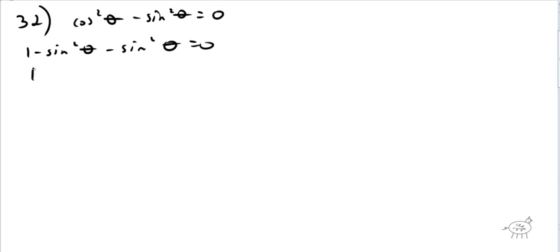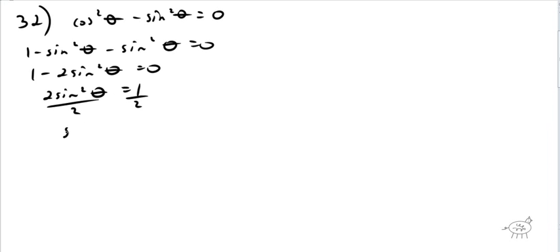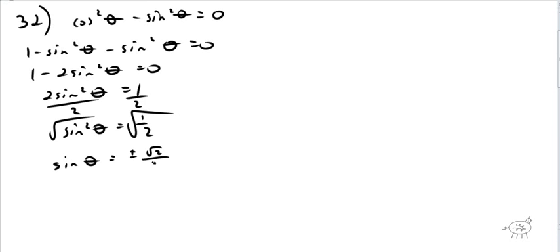And then I get 1 minus 2 sine squared of theta equals 0. I'm going to move that over, so I get 2 sine squared of theta equals 1, divided by 2. So sine squared of theta equals 1/2. Take the square root of both sides. I get sine of theta equals plus or minus root 2 over 2. Which just means it's positive here and here, and negative here and here. And it just means we have 45 degrees here, 135,